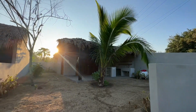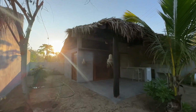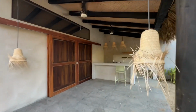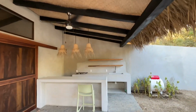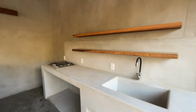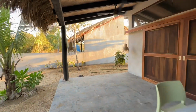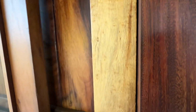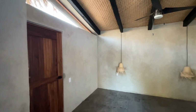Hello and welcome to the first construction update for Cabana5, 5 bungalow-style casitas in downtown Troncones, available for pre-sale prices now. As you can see, we're almost ready with the construction. They come with this kitchen, space for living and dining, sliding doors with mosquito protection, and a large bedroom,